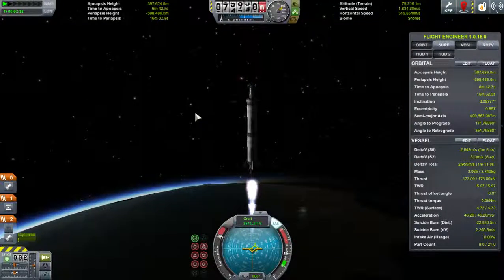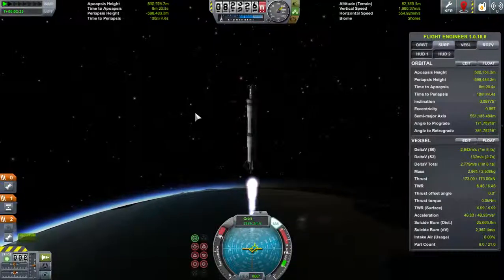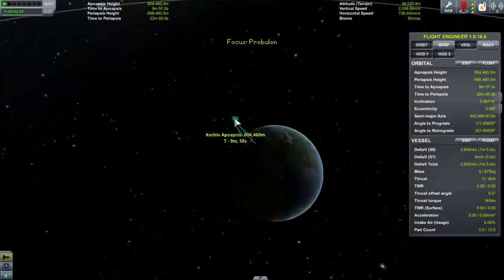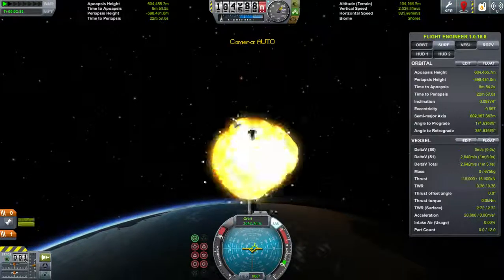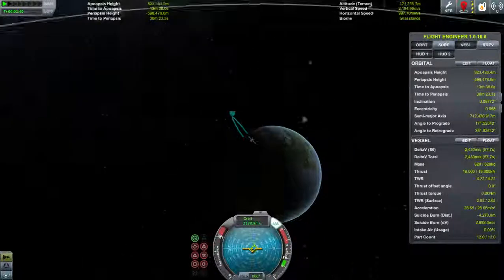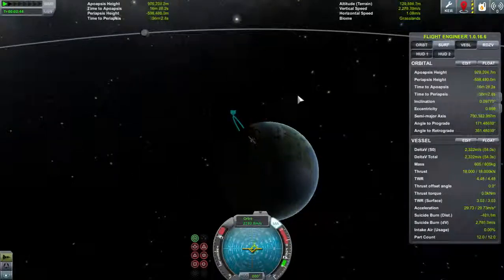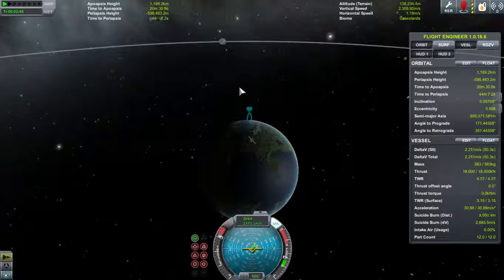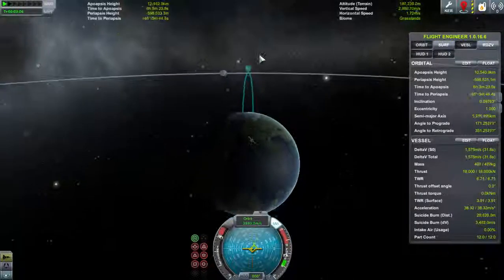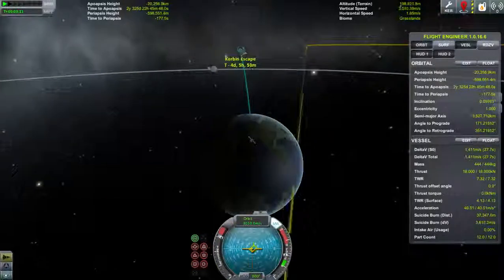But that stage is almost jettisoned. Let's see how far we got so far. We are at 604. Let's turn these guys on. And, apparently blow things up, too. Now, it's actually possible, if you have the moon in the right position, to go directly to the moon this way, and we may get a moon encounter. I'm not going to try it, because it's not an easy way to do it, but if we keep on burning here, you can see we now have